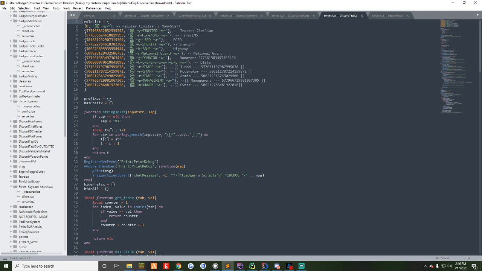So the first role is the default role. The first role you have in this list for this script, as well as Discord chat roles, will be the default role. Everybody will get that if they don't have a Discord role or whatever. So you want to make sure this is 0. You don't have to, like I said, but it makes it easier to figure out what the default role is. So we have this one as 0, and then we have a clown emoji, and then we have a,